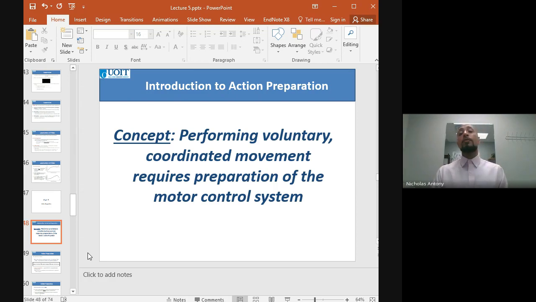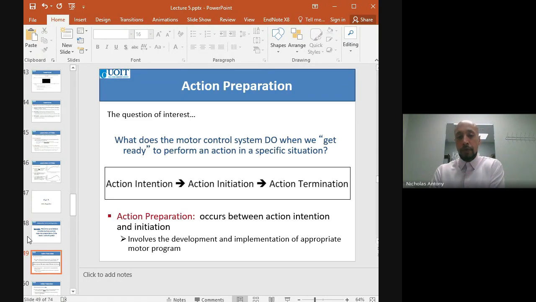Perfect. So what we're going to do now in the last third of the lecture is talk about action preparation. So we talked about reaction time, and action preparation is a term that came from studies. The studies of action preparation look at what sort of processing is happening before we initiate movement. So when we decide to move, and then we initiate that movement and it continues to termination, where is the processing occurring? It's happening right between intention and initiation. Action preparation,